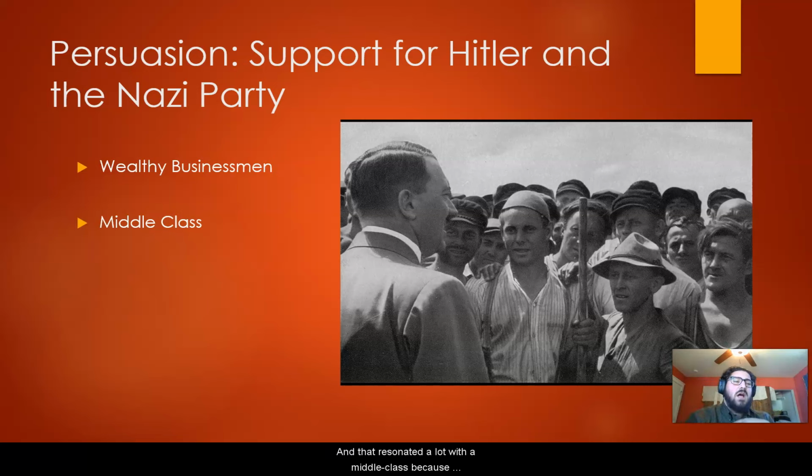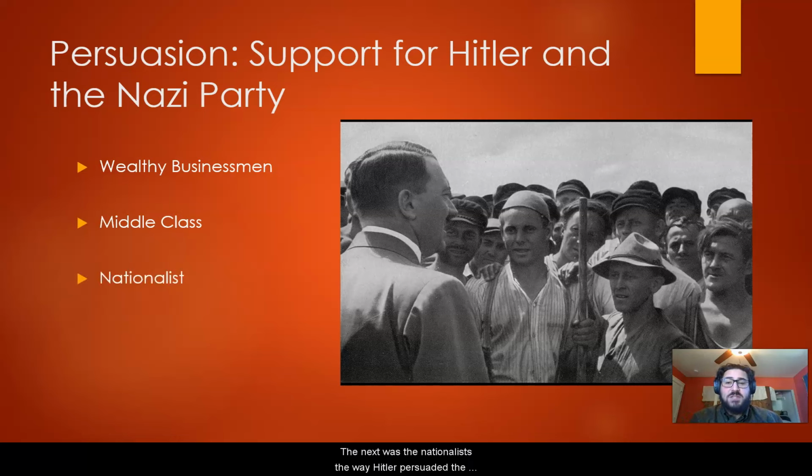And that resonated a lot with the middle class because they're not rich enough to avoid any of the issues, and they're not poor enough to really suffer a lot. They're kind of bouncing in between. So they get the benefits of a positive economy and the negative. They get the positives from the government and the negative. It isn't just one or the other. And so a lot of the middle class looked at Hitler and thought, okay, this guy's got some interesting ideas, and he's saying exactly what I want to hear. He is saying that this system is broken and he can fix it.